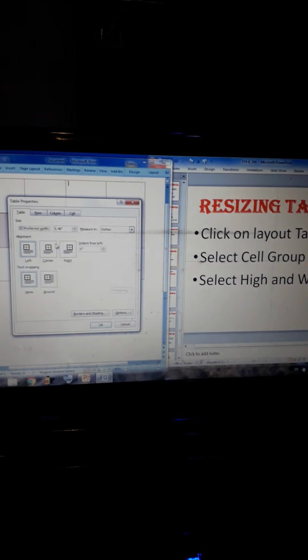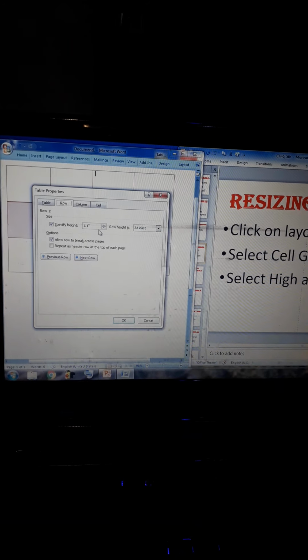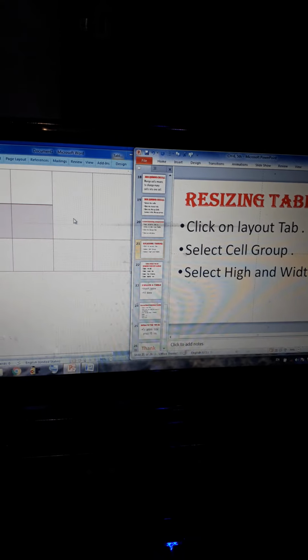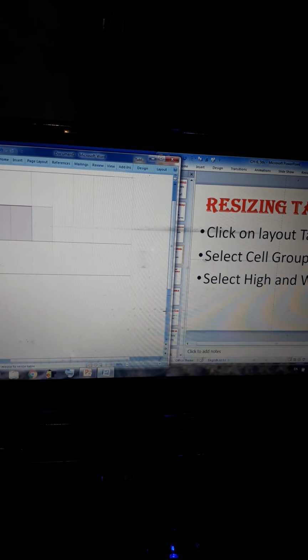So here is given the row, that means here we can fill in the height of the cell and the width of the column according to our need, and then we have to click on OK, and then we will find the changes. Okay, this is the first way. And second, simply we have to click here and then we can increase or decrease the height and width of the columns. Another way, if you want to increase or decrease a particular row or column, then simply we have to come here,